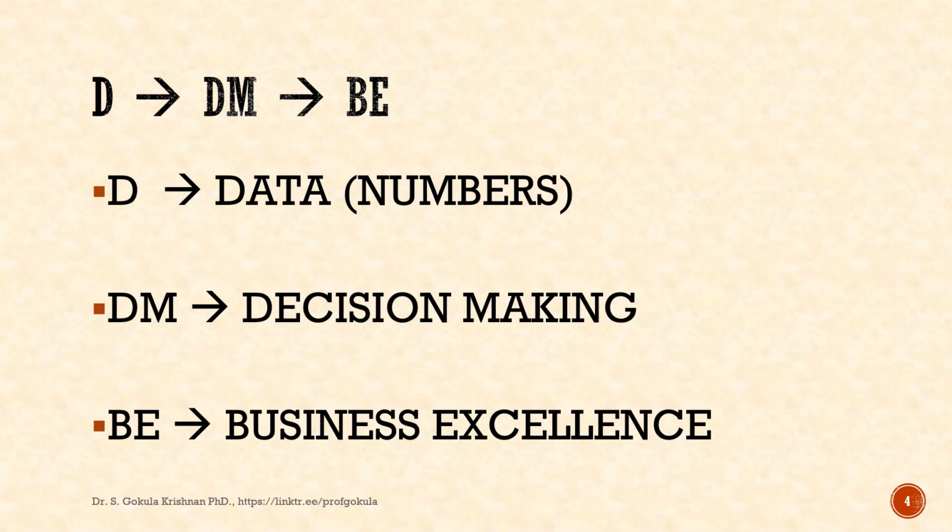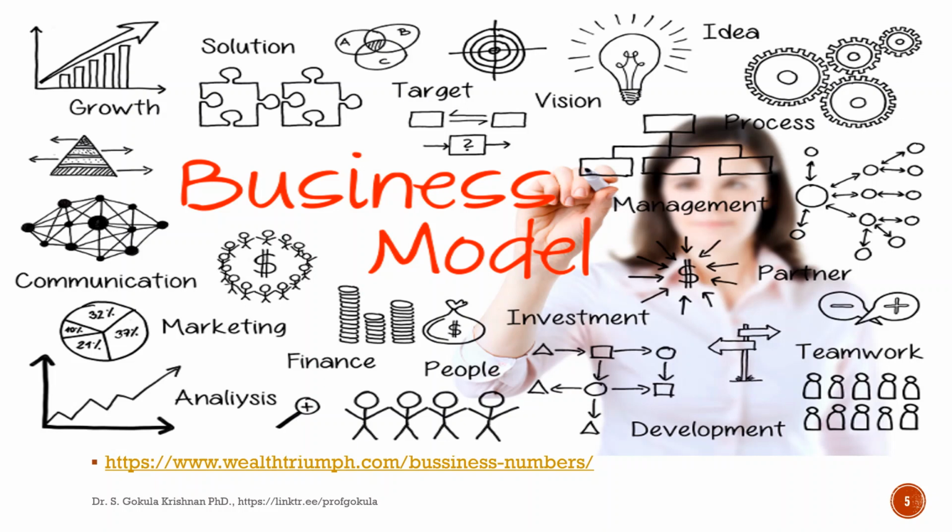Let me proceed further. This is a diagrammatic representation taken from a source, giving a business model with the numbers. Let me go there. Here, the first thing, can you see that ultimately any entrepreneur will look for growth. As I told you in the previous slide, any entrepreneur would like to have a profit. So growth is very, very important.